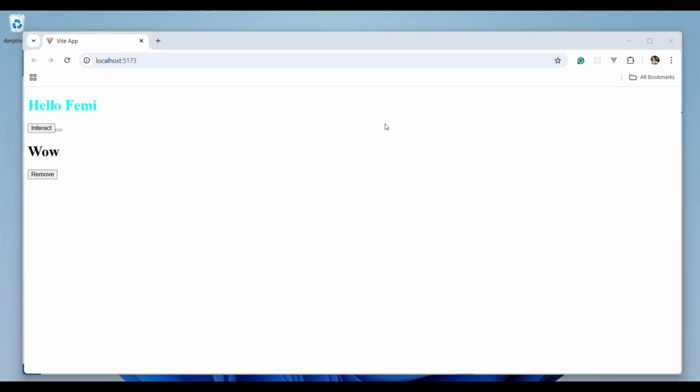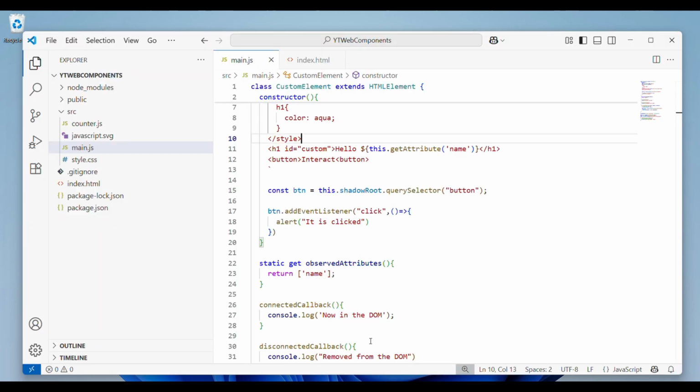In order to make our web components much more flexible to use, we could decide to change the properties. We're not talking about the attributes, but the properties of the web components from outside. So we can externally change this. This would help us to make our web components much more dynamic and easier to use. If we go back to our code,